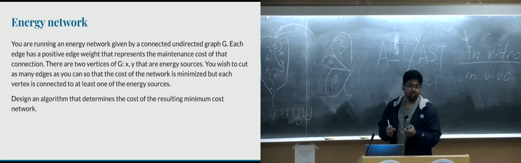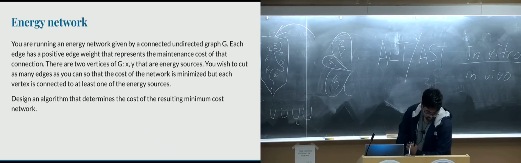So this is the second problem that we'll look at. The problem goes like this. You are running an energy network given by a connected undirected graph G. Each edge has a positive edge weight that represents the maintenance cost of that connection. There are two vertices, X and Y,